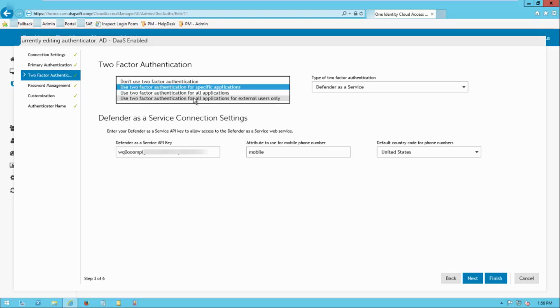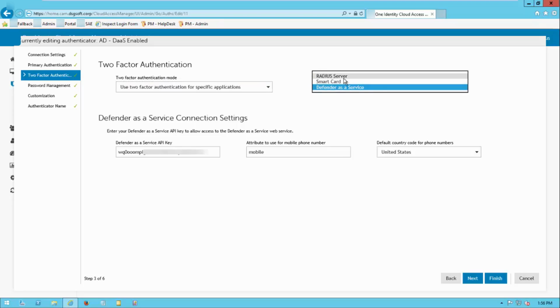And if you want to see how that works, how we do multi-factor or step-up authentication within the context of a risk engine, go check out that video. Finally, after we make our choice, we simply choose: do we want to use a Radius server like Defender, Smart Card or X509 certificates, or do we want to use Defender as a service? Then simply put in your API key and tell me which field in your directory I should be looking for